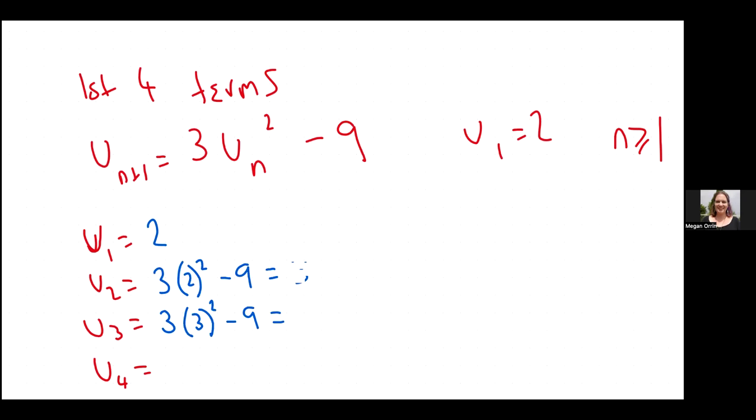That's 18. Why does it do that? So annoying. Oh my gosh, what have I done? I've done the dumbest thing in the world. Oh wait, why am I erasing that one? That was really stupid. That one was fine. 3 times 3 squared minus 9 is 18. Then 3 times 18 squared minus 9 is